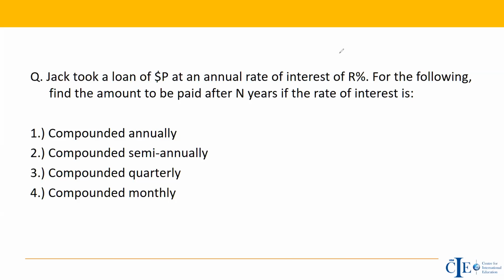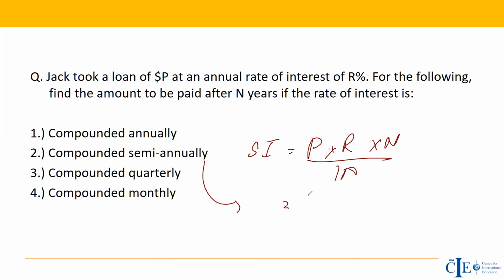Now, if you're doing this on a simple basis, it doesn't matter. Because if you see the simple interest formula, the interest is P into R into N over 100. Now, if you do it on a semi-annual basis, P would remain the same. You will see that R becomes half and N becomes double, so it doesn't matter. The two gets cancelled anyway. So it's the same as the yearly basis, which is PRN. Quarterly, you will have a 4 here and a 4 here, which will also get cancelled. Monthly you will have R by 12 and 12 times N.